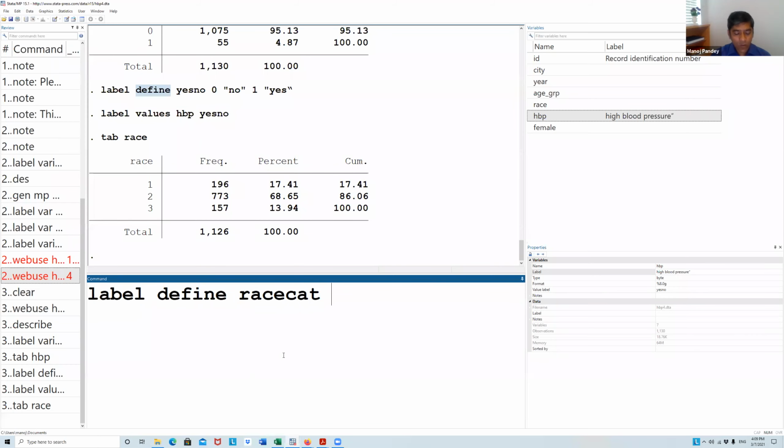Then 1 is, let's say, black. 2 is white, you can put a small one, that's fine. 2 is white and 3 is other.